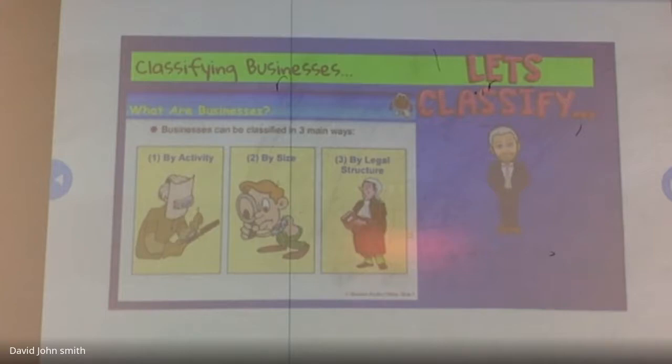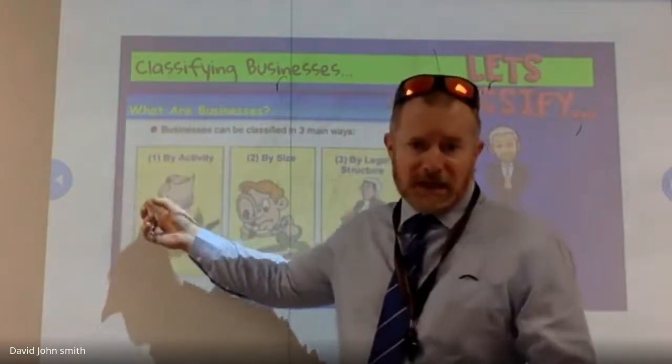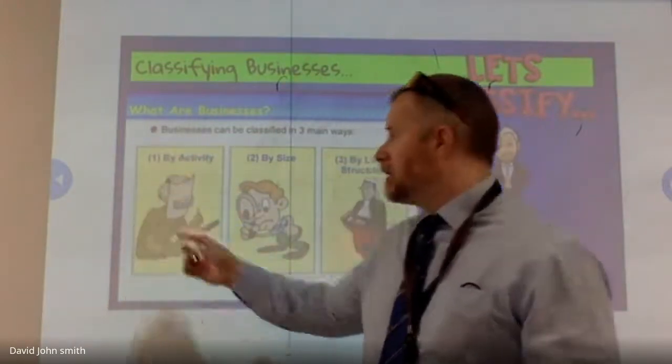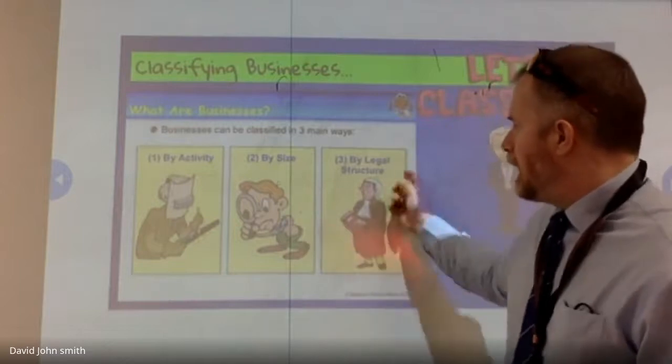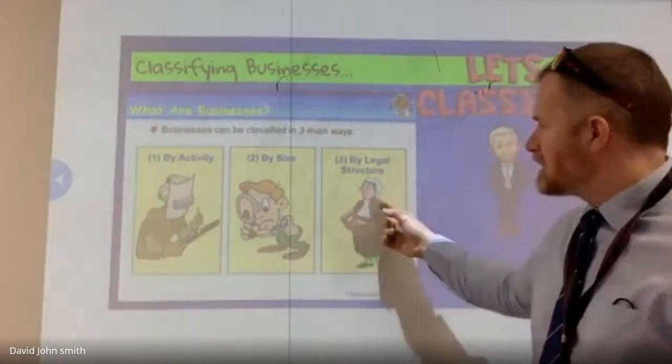When we're talking about businesses, we can classify them, we can put them into groups. So how can you classify businesses? Well, activity, so whether it's primary, secondary, tertiary, okay, there perhaps. By legal structure, we're going to spend a little bit of time on that a little bit later, not today,